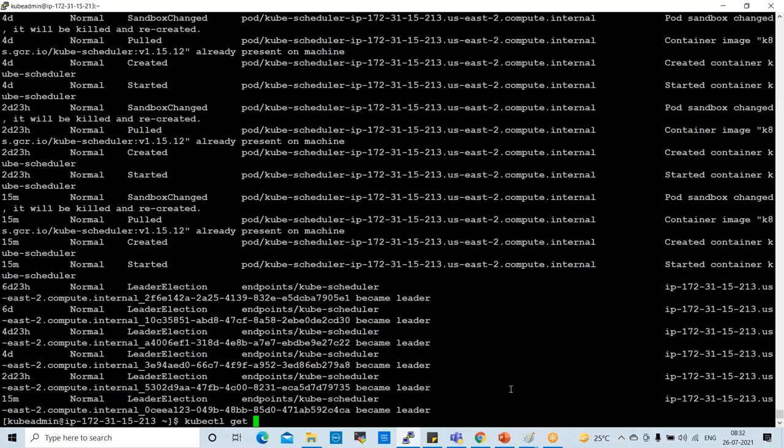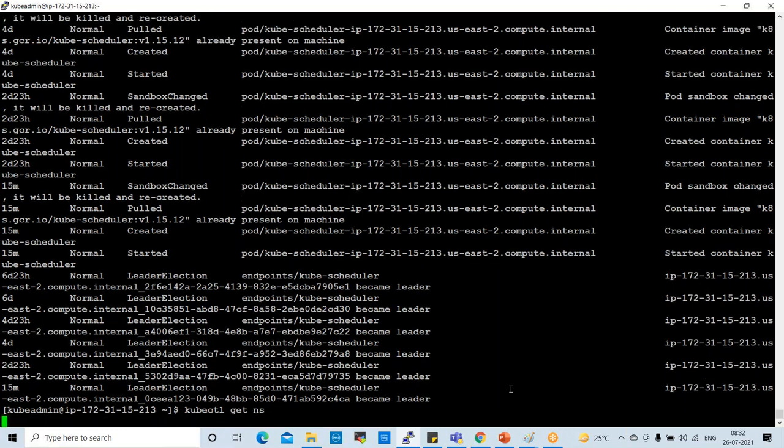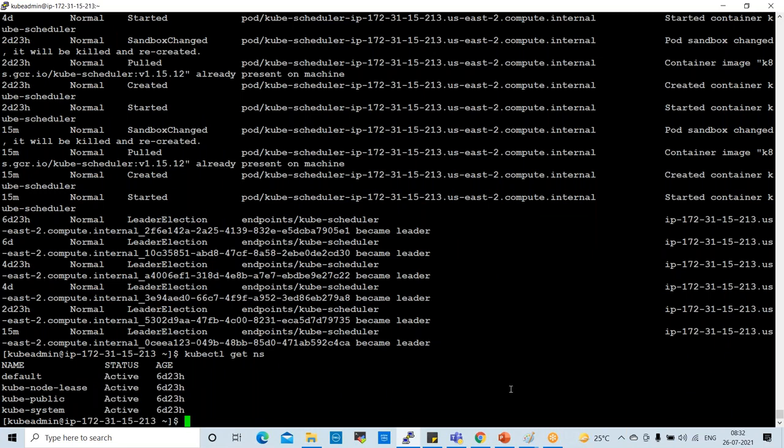See here, these are the namespaces: public, system, node, lease, and the default one also. If you want, you can create namespaces. Normally, creating namespaces in production systems works properly, but in test labs, sometimes it will give you errors.